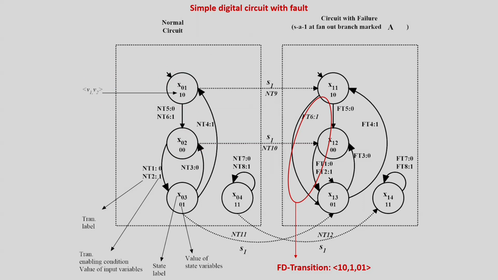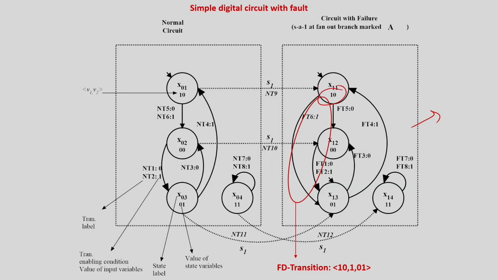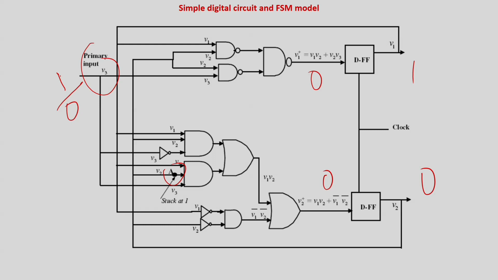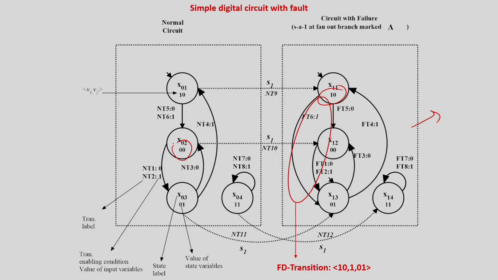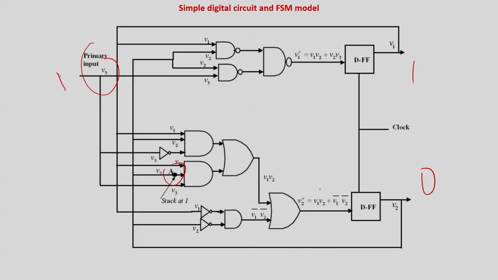But with a fault, now I am going to draw the finite state machine with the fault. By analyzing, you can easily find out that there is only one transition which is different from the normal one. What is that? If the present state is 1 0 and the input is 1, then in the normal case the next state is 0 0, but in the fault case it is 0 1. So in the normal case it goes to 0 0, but for the fault case the next state is 0 1. The output in the fault case will be 0 here, but in this case it is going to be a 1.